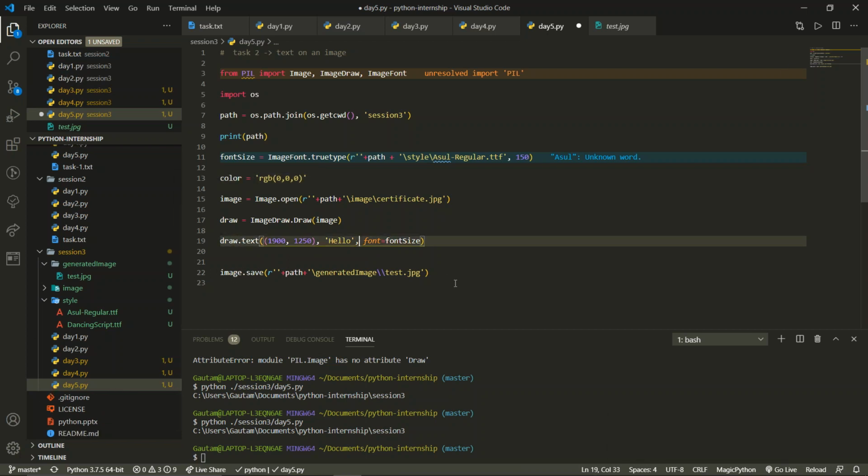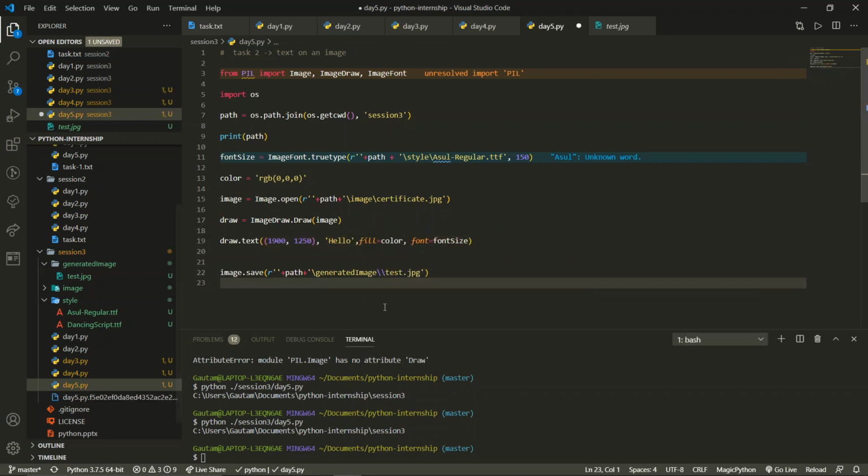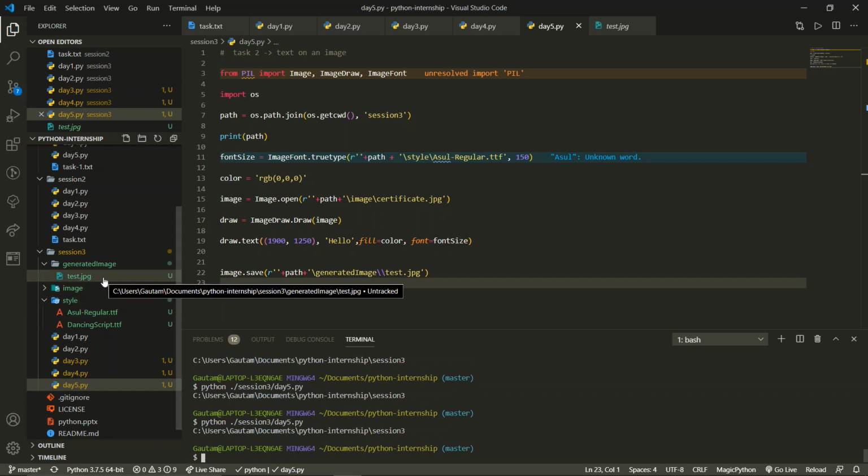And now we're going to pass on the color over here. So for color, we will have the keyword fill. So we're going to write fill equals to color. So this is done. Now we'll just execute this code once again. Previously the image was there, but no need to think about it, because whenever you save the code again, save the image again, the previous image will be replaced with the new image.